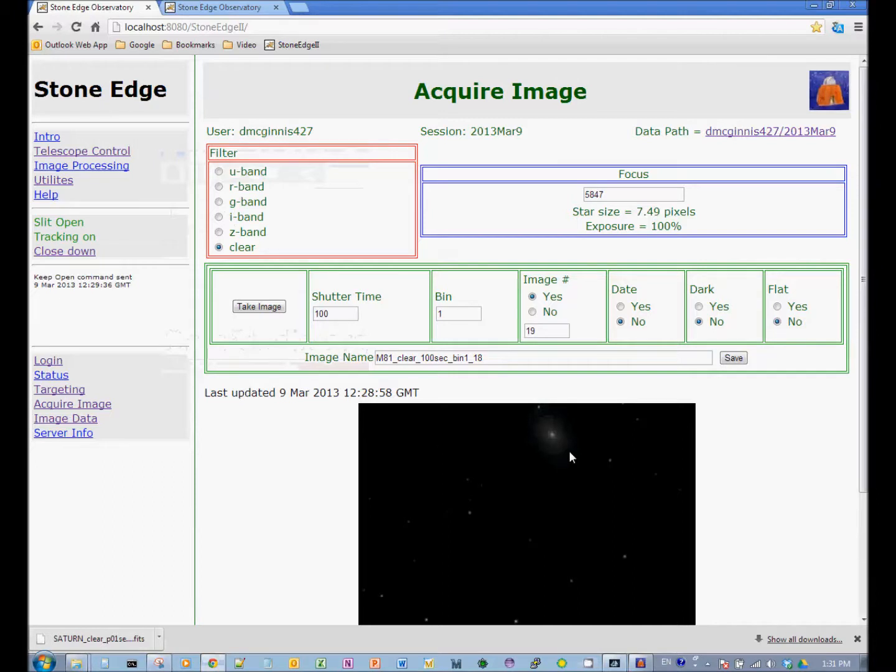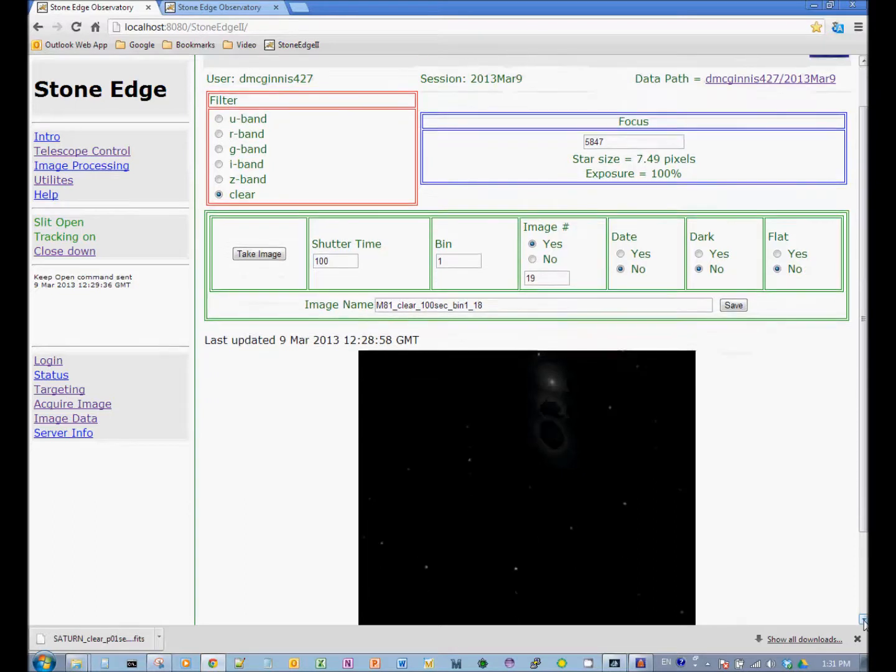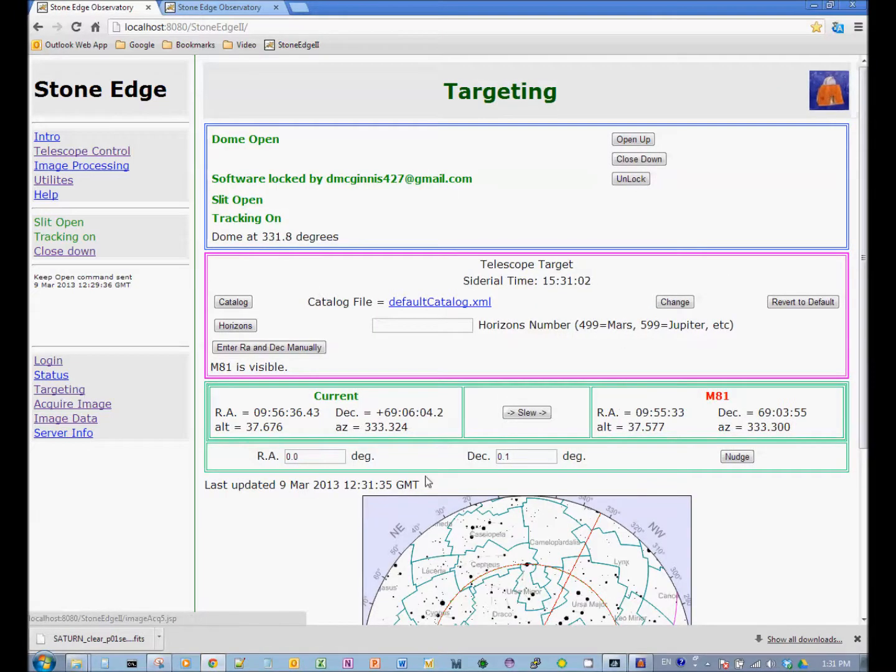Okay, so the next image comes up, and you can see that I guessed the wrong direction. And now the target has moved way off center towards the top. I should have gone in the other direction. So I'm going to go back and change the offset under the targeting page. I go back under the declination, and since the offset is always with respect to where I'm at, I'm going to have to put in minus 0.2 to go in the other direction. So I go ahead and I nudge it,